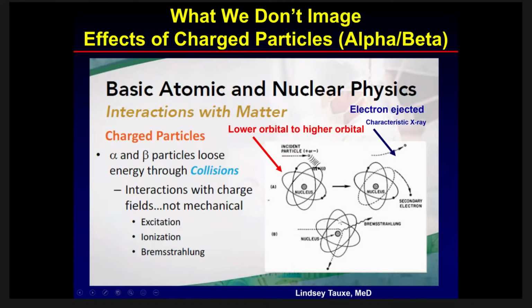And there's also this very interesting phenomenon called Bremsstrahlung, which is a German term. I can never really pronounce it very well, but it's braking energy, braking radiation, where a particle goes near the nucleus of a substance, and as it gets near the nucleus, it slows down, and with slowing of momentum, it gives off energy. And in fact, in CT imaging,